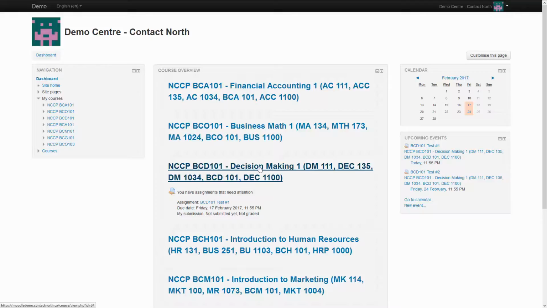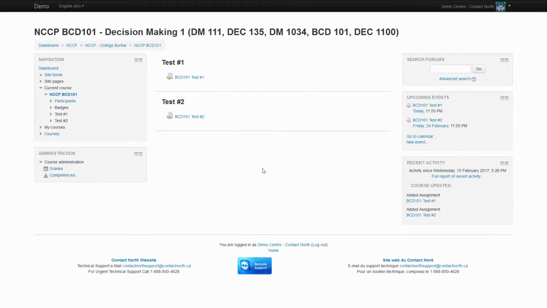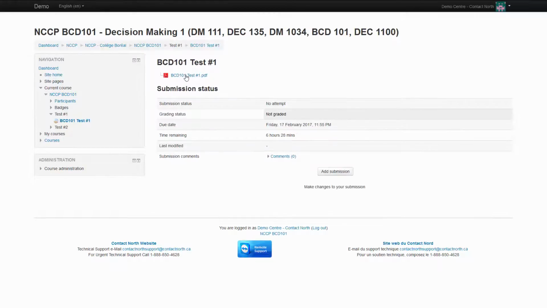So the title here, if you click on that, it'll bring you to the test, and we can see that they're both here. To download a test, all you have to do is click on the test you want to download, and then click on the PDF file that's in there, and it'll ask us what we want to do with the test. We can save the file or open it. It depends on your web browser. I'm just going to open it with Adobe Acrobat,